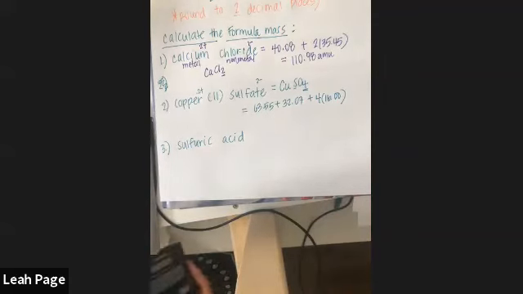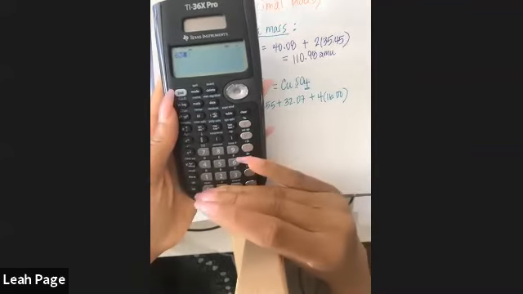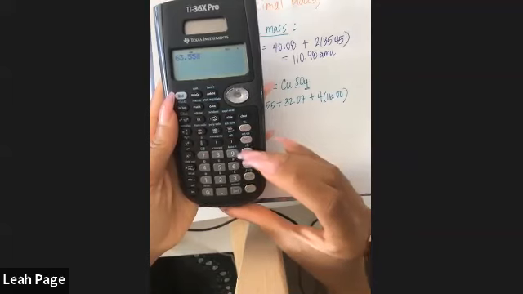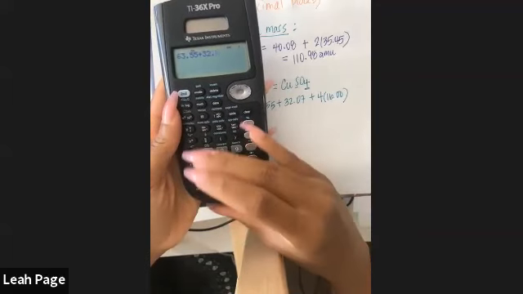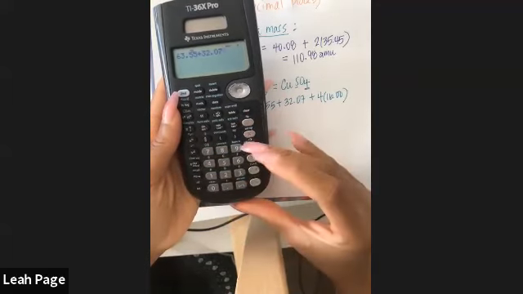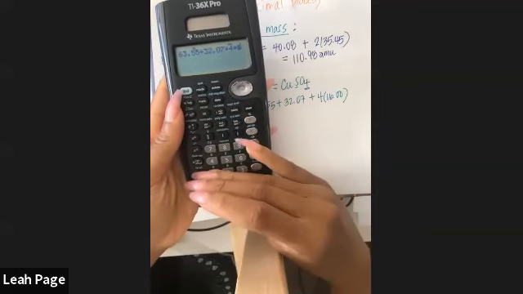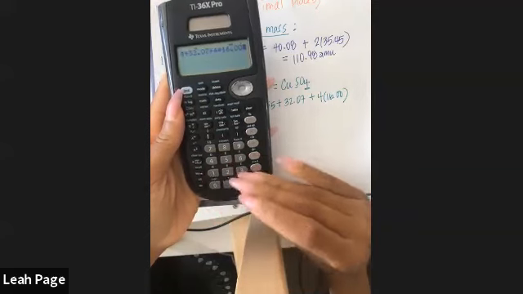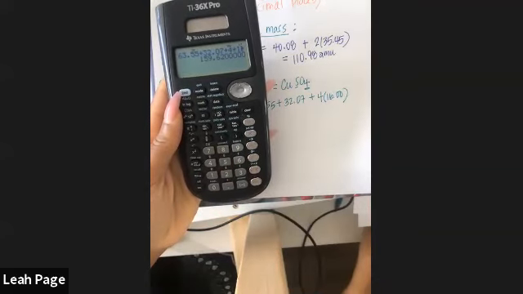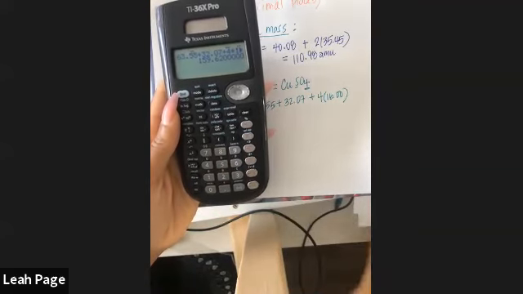And then we put this in our calculator: 63.55 plus 32.07 plus 4 times 16. And we end up getting